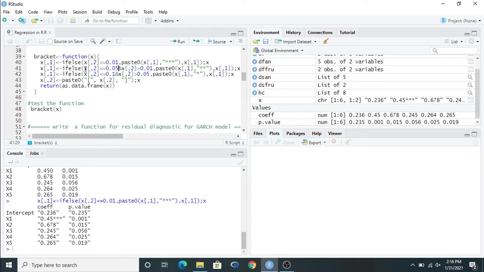Here the condition is if the second column of the x series is less than or equal to 5%, and the second column of the x value is greater than 1%, then we paste the first column of the x value including 2 stars, otherwise it will be the general value of the first column. Just run this and you can see that where the value is between 1% and 5%, 2 stars are added here.